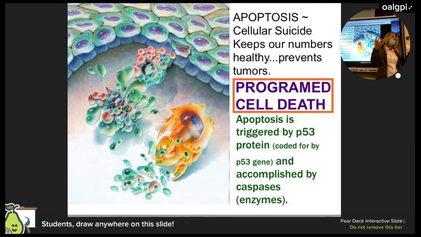Remember, you make that clone army, right? Of B cells that recognize that particular pathogen. And so once you've won that battle, then those cells are all going to commit what? Apoptosis, except for what? Memory cells.